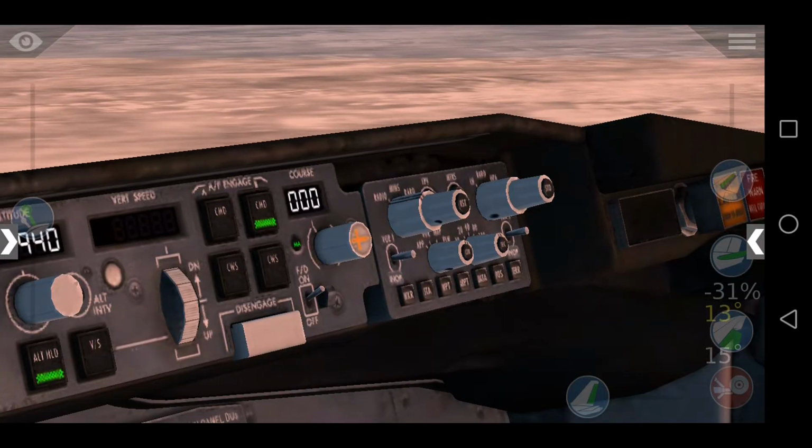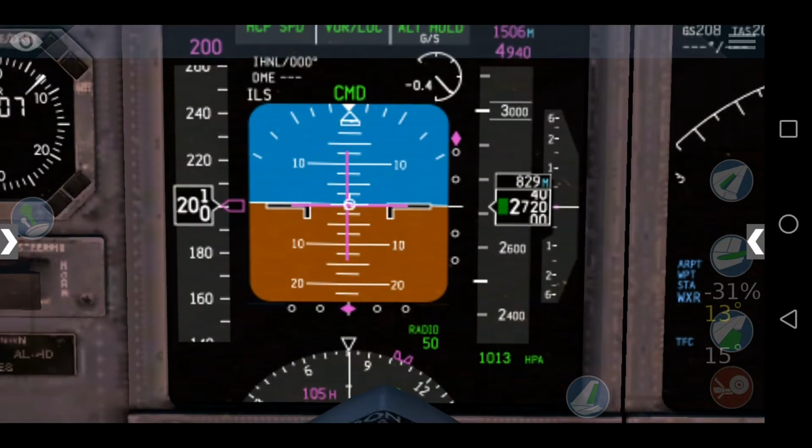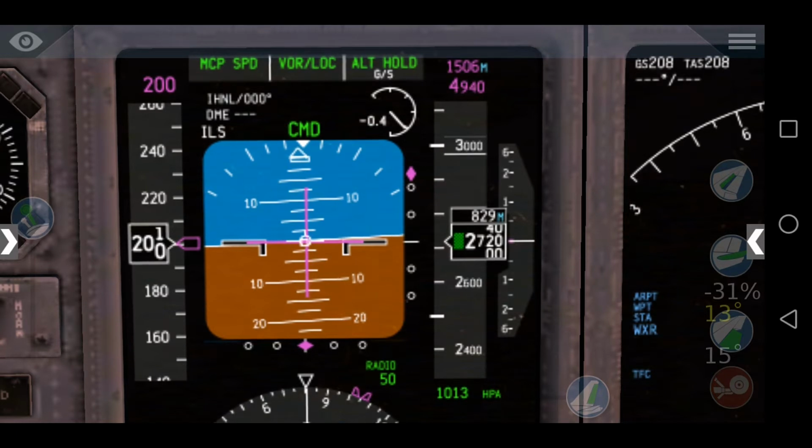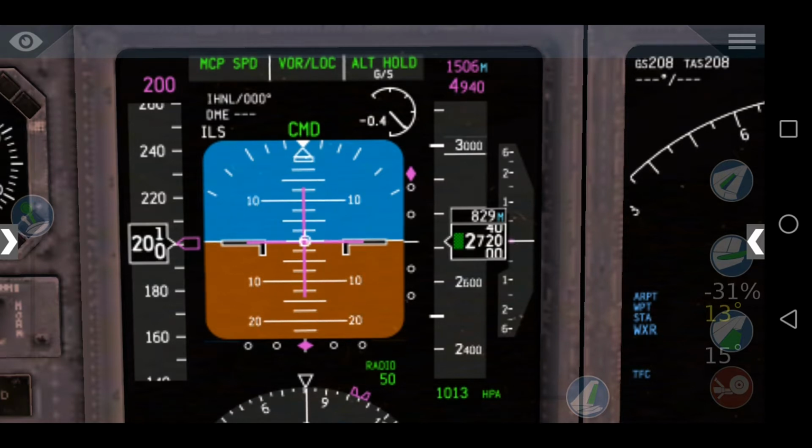Second autopilot in command. Alright. Now if you look at our primary flight instrument, you can now see that we have two diamonds. The diamond at the bottom is representing our localizer, and it's actually showing us that the aircraft is centered with the localizer. Right, the other is at the top. It's showing our glide slope. But in order for us to line up with our glide slope, it must be at the center, which means that we are below our glide slope. So we need to maintain this altitude, a leveled altitude of 2,720,